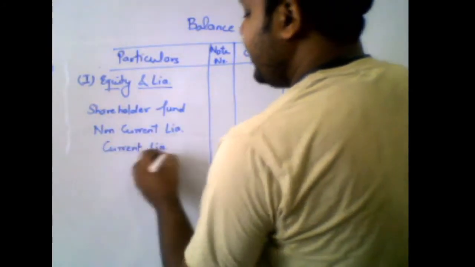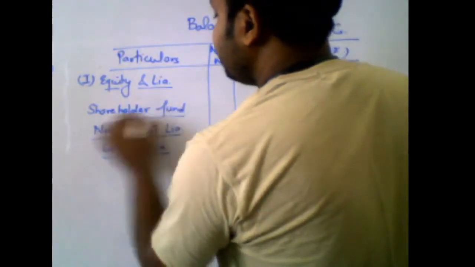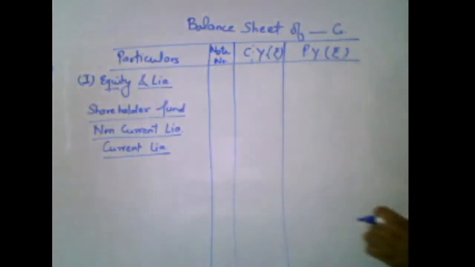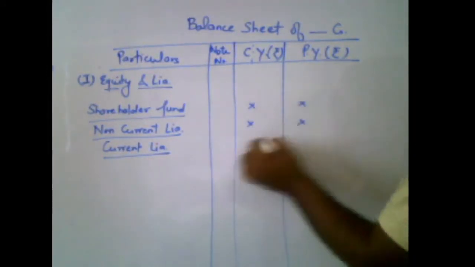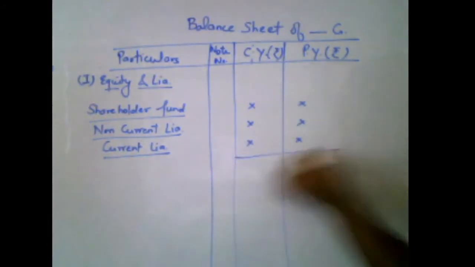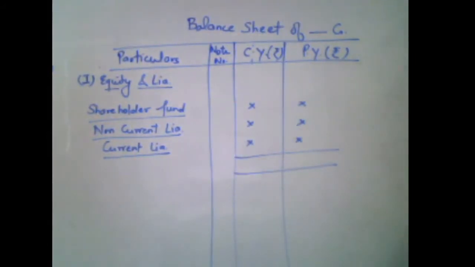These are the three sub heads. We can see that this is a head, equity and liability, and these are the sub heads. Okay, and the amount will be shown as follows, and this is the equity and liability